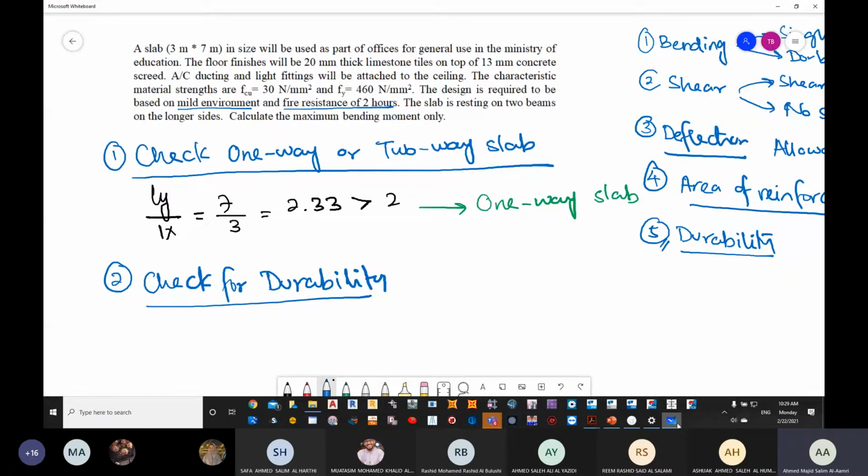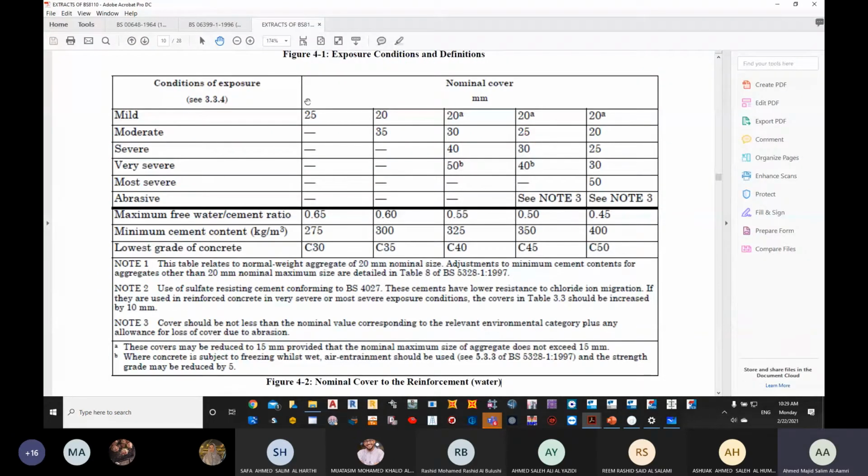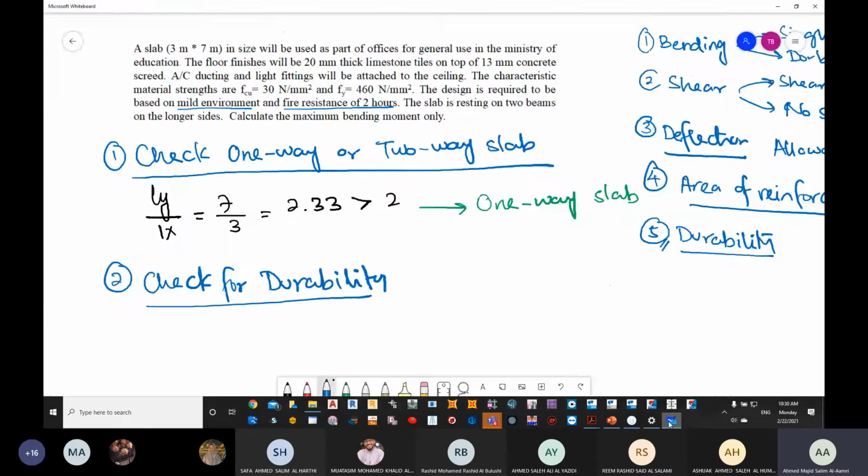Now, if we go to our problem, the problem says that we need to design our element for mild environment, and the grade of concrete is 30. So if we go for 30 and then mild condition, you can see that the cover for the water or environmental exposure suggested by the code is 25. So we have cover for water, 25 mm,